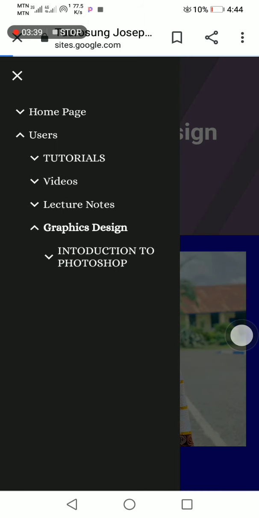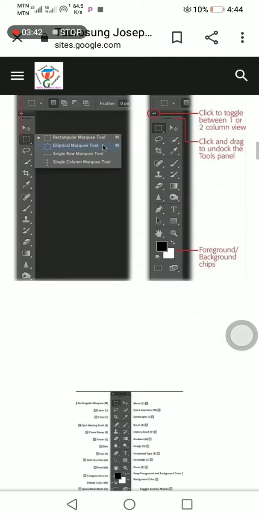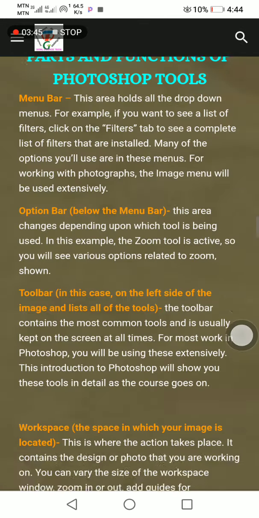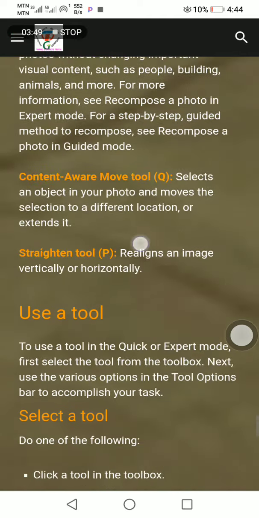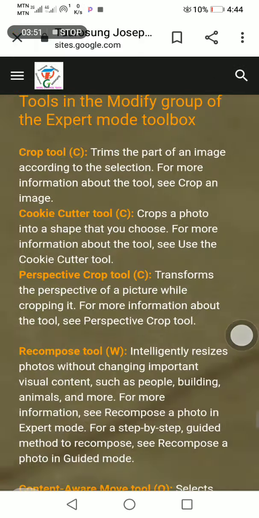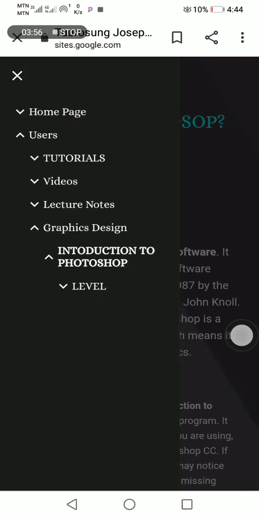A new page has been opened for graphic design introduction. That is a level 1 tutorial. That is for video, Photoshop, graphic design. There are a whole lot of things there, but mostly people get there and they don't know what to look for. So anytime you want to go to another page, you will need to go to the menu there. Here we are, you can see